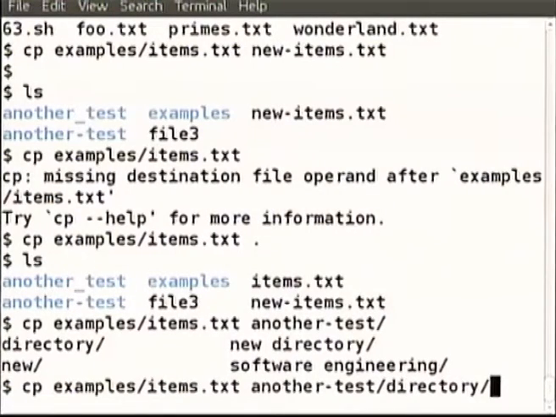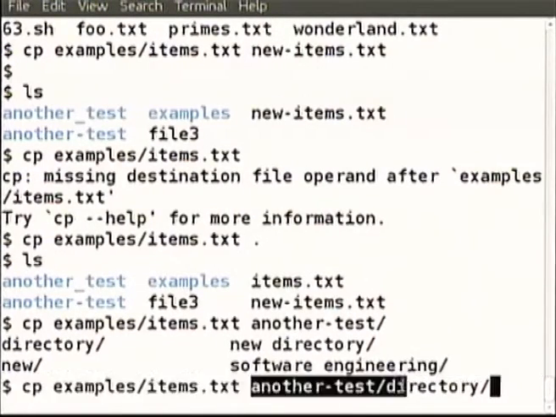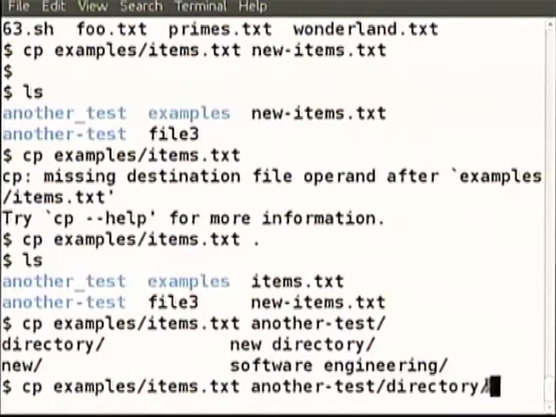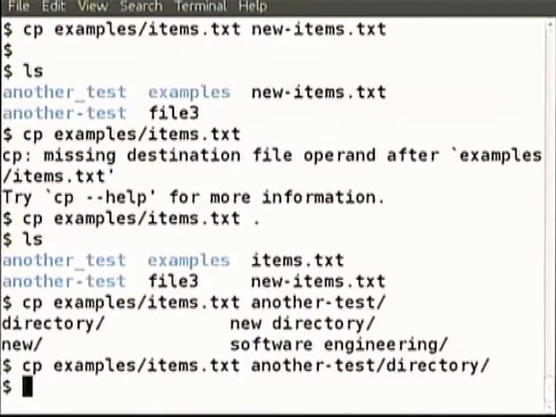Now of them you have to choose one. So here, for example, we are copying items.txt, a file we have to copy. From within the examples directory we are going to pick it, and we are going to finally put it inside this directory. So inside this directory it will copy it. Why don't we see what's there inside?